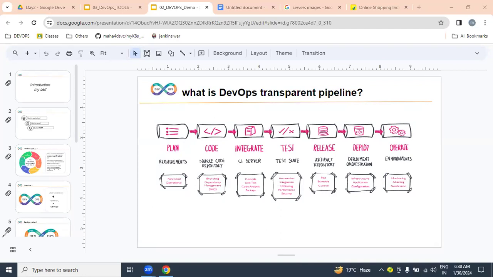Got it, very clear. Once it is delivered, we are going to deploy our applications on hundreds of servers.